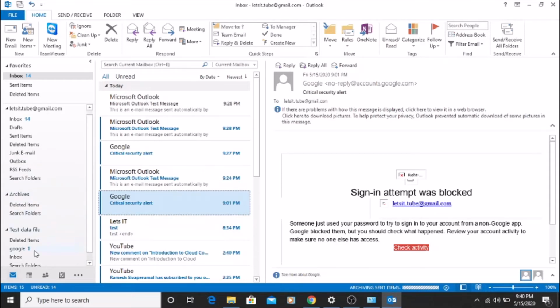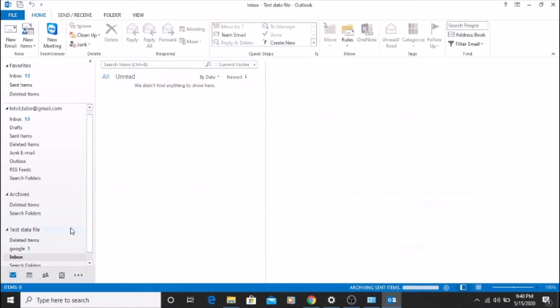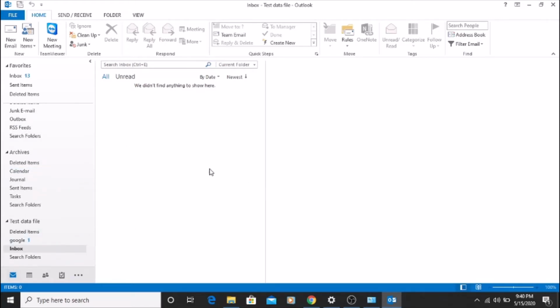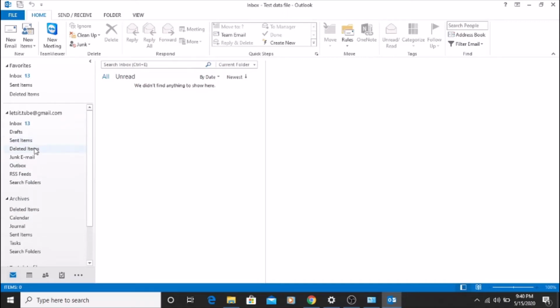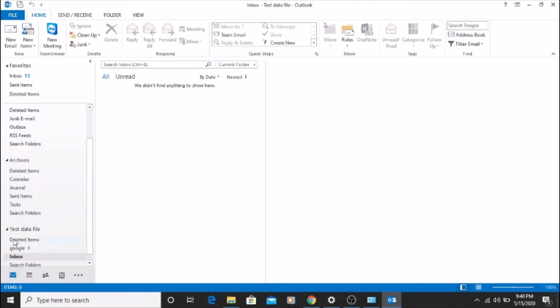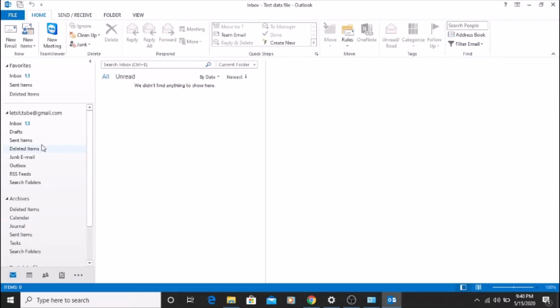See, once the archiving of inbox started, it just created an inbox folder. As I don't have any emails which are more than 1 month old, it will be blank. There is no mail here, and it also created an archive folder because, according to the default archive settings, it saves all the folders which are not specified to go to any specified PST files. Okay, so that's how you create an archival or a PST file.